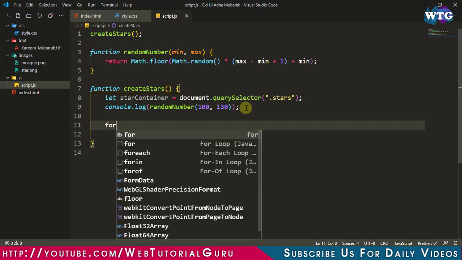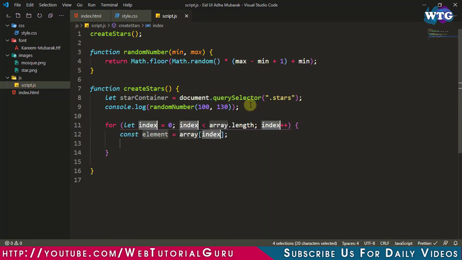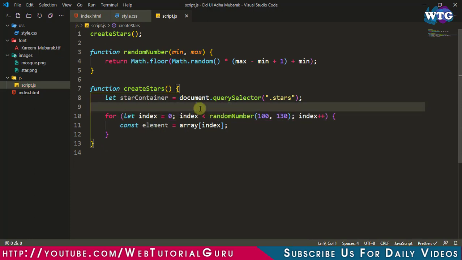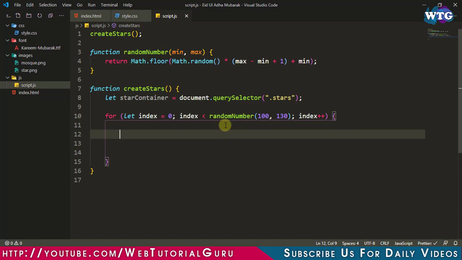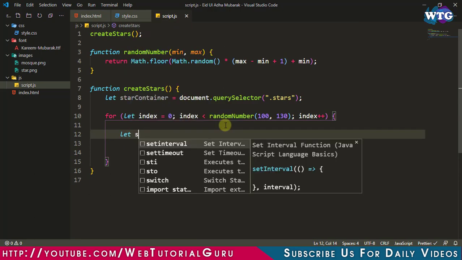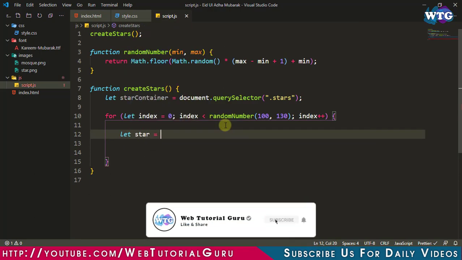Now let's come and create a for loop which will start from index 0 till some random number. So let's come and copy this statement and paste it here. Now let's remove this console log statement. Now in this for loop we will create our element and assign it to the stars container. So for this let's create let star variable